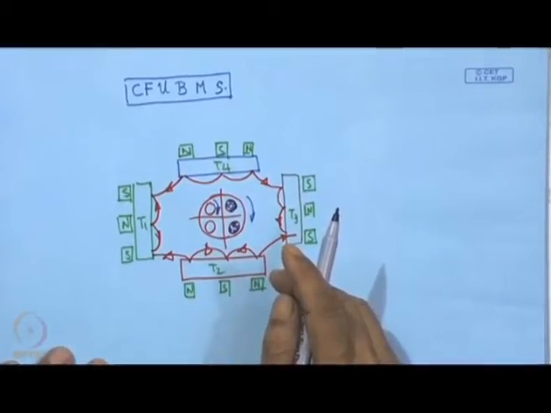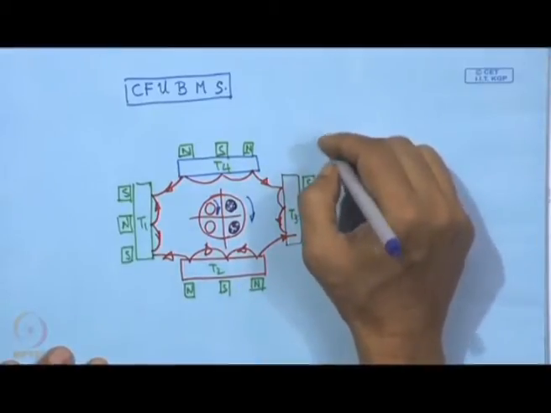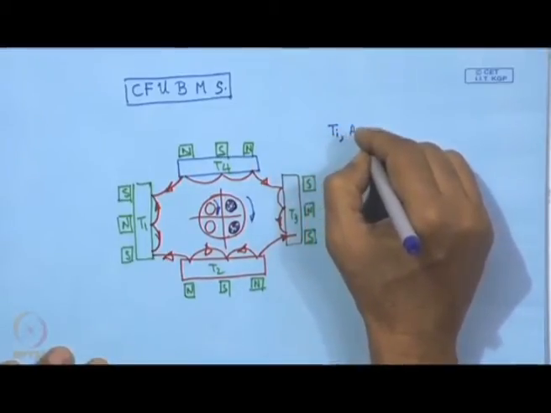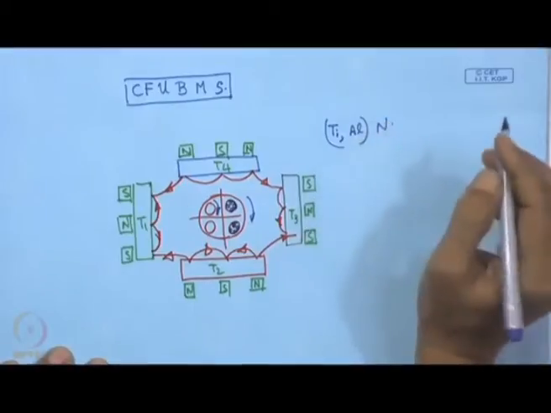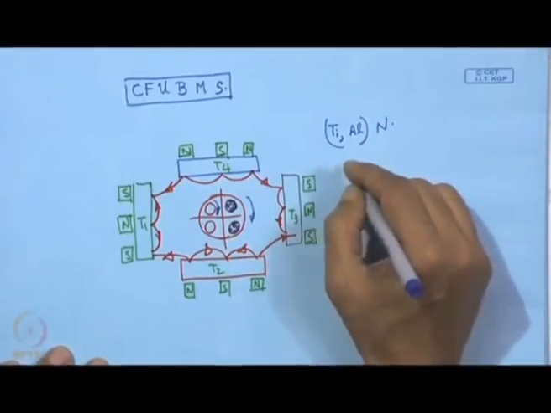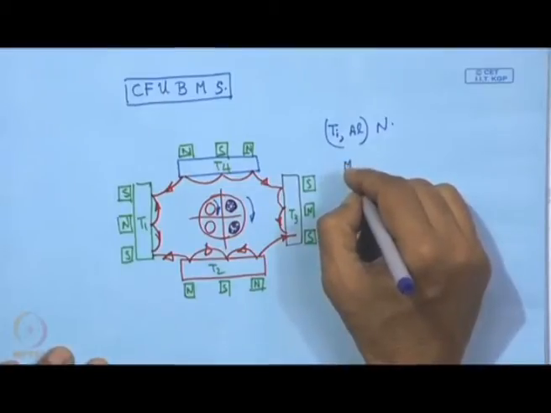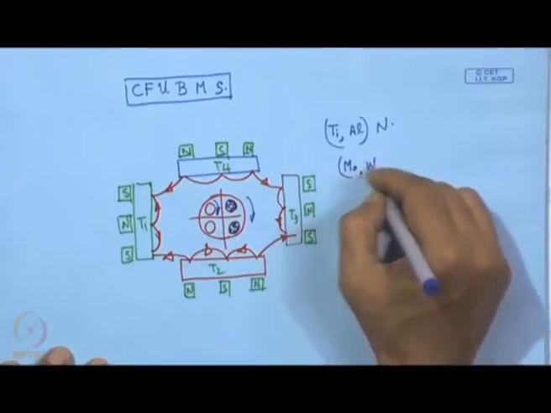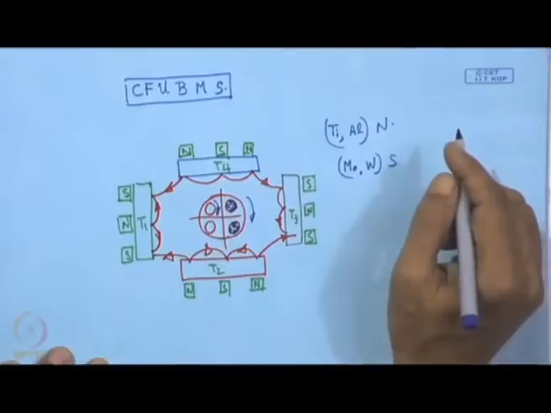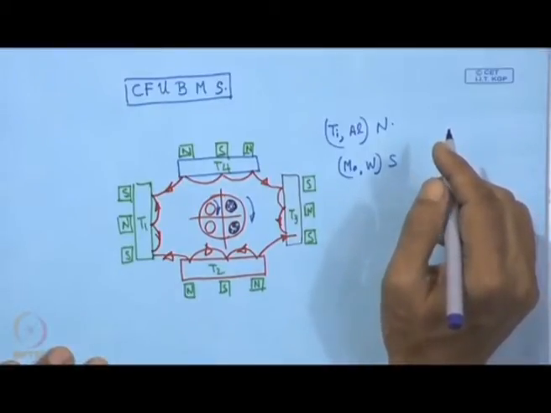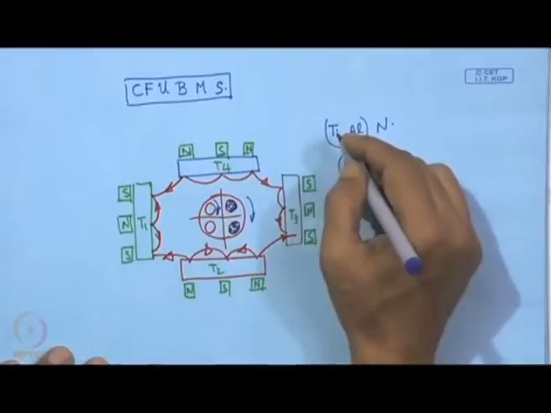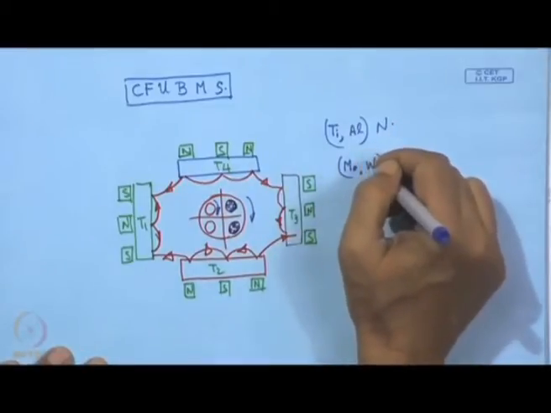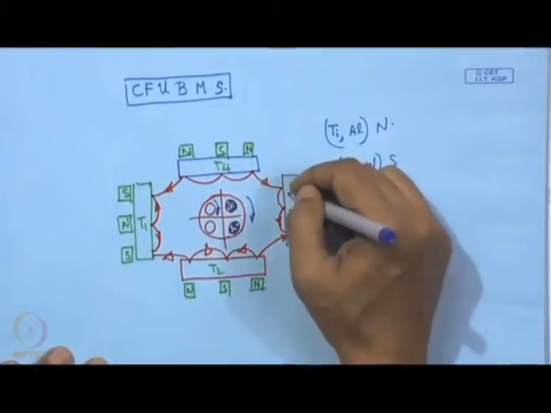Say, for example, if we are interested in titanium aluminum nitride, or molybdenum tungsten sulfide, something like this. So, in this case what can we have? We can have titanium targets and aluminum targets suitably arranged, or molybdenum and tungsten targets that can also be placed here,